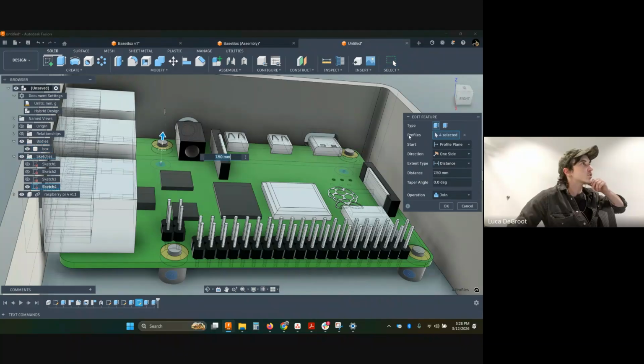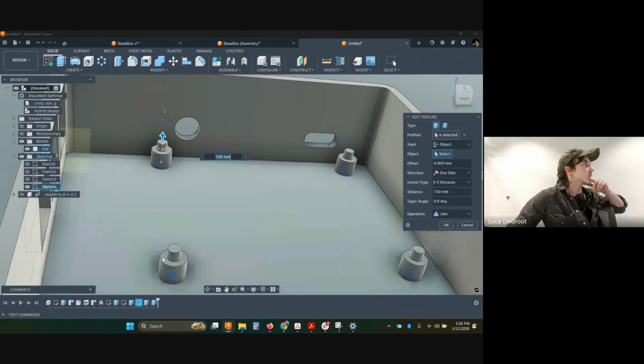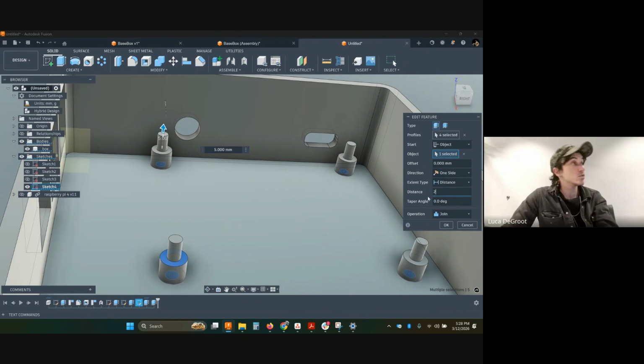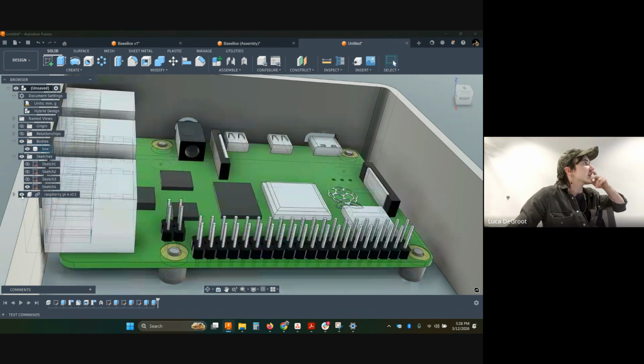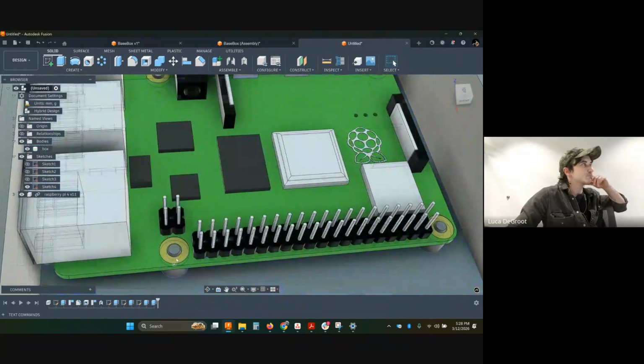Another way that I might do that is to change where it starts. It was starting from the profile plane, which is the bottom. I could start it from here. And so I'm starting it from this surface. And maybe now I just want to do 2 millimeters, and I can do a taper angle. So I think negative. Negative will taper inwards. And so I can make these little tapers. And now I don't really have to worry too much about the